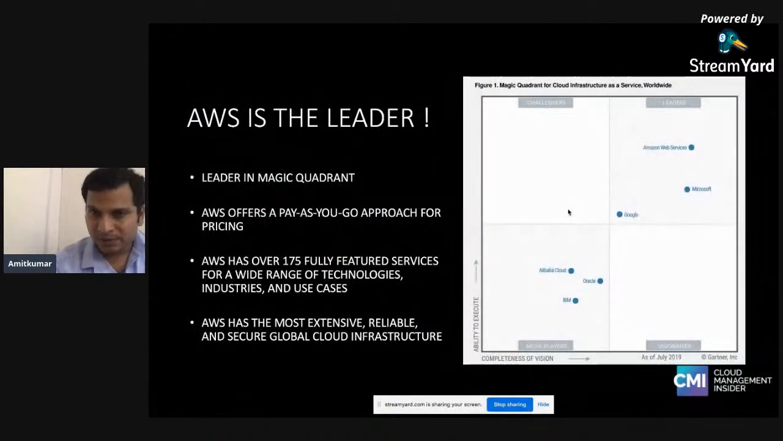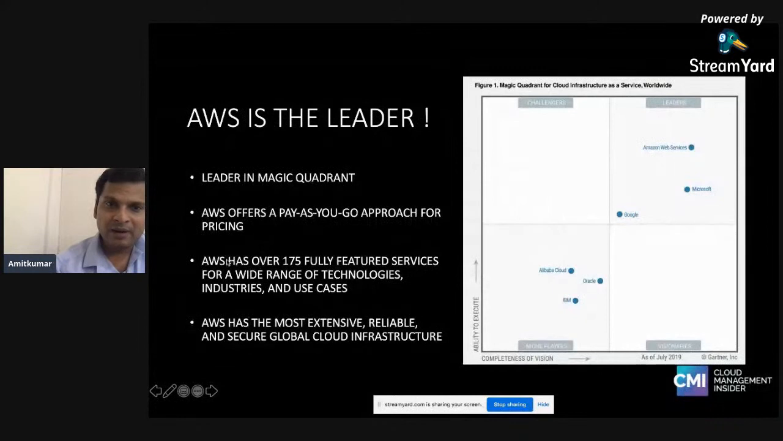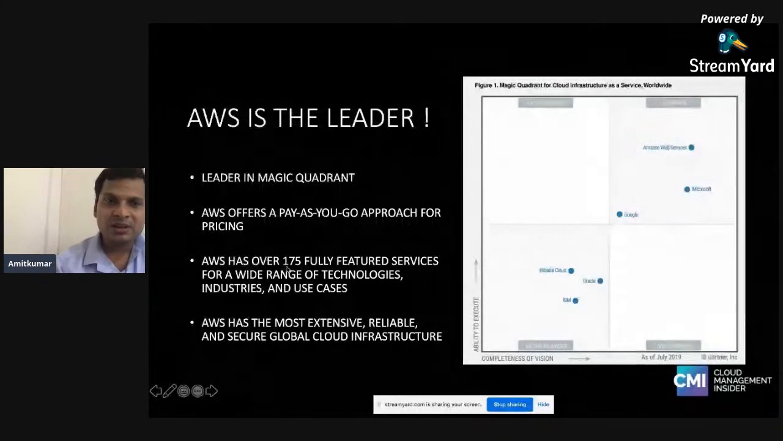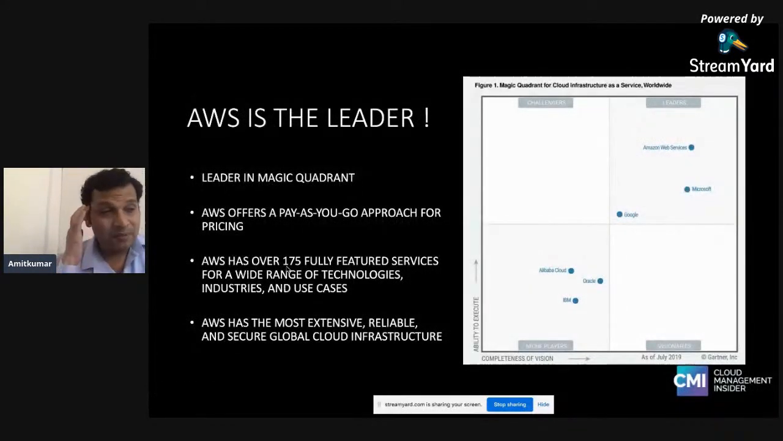So I would just like to share more that AWS is a leader in the public cloud domain. They are a leader in the Magic Quadrant. You can see they sit right here on the top, followed by Microsoft and Google, and then there are other players like Alibaba, Oracle, and IBM, who are providing infrastructure as a service as public cloud providers. They provide you a pay as you go model. We discussed this, and they have 175 fully featured services that are listed, and they have made